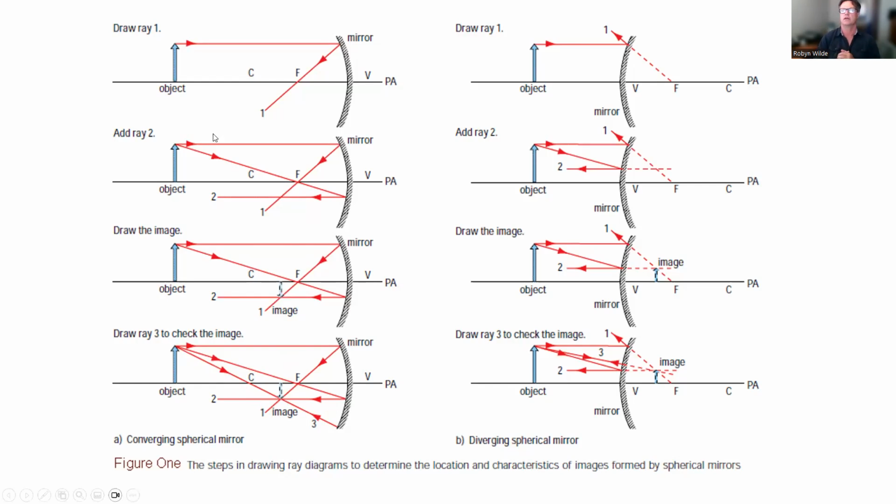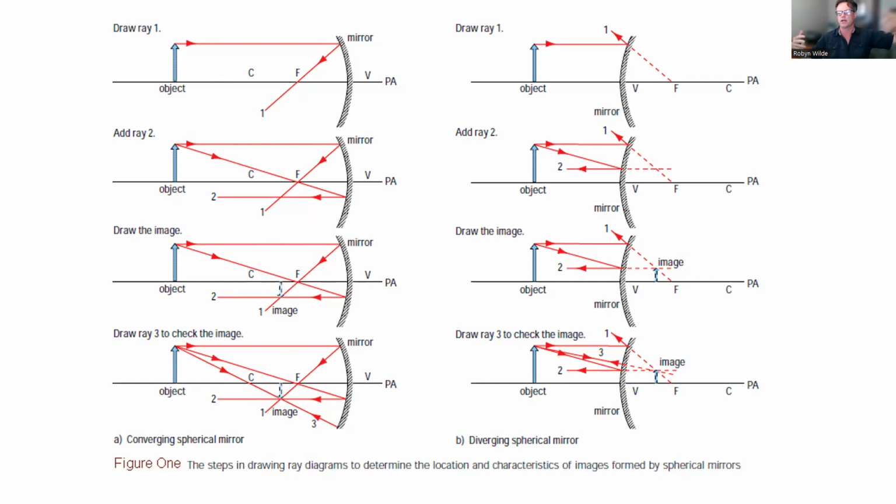We will see in the problem example I'm going to do that you don't always get a real image for the converging mirror. In fact, if you put the object inside the focal point, you will get a virtual image. And we'll see that in the example that I have. But let's look at our other type of mirror, for which we always get a virtual image